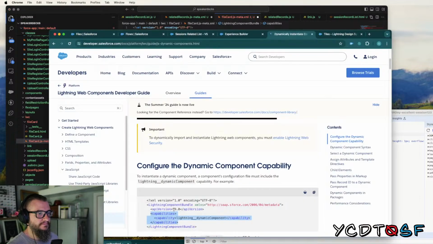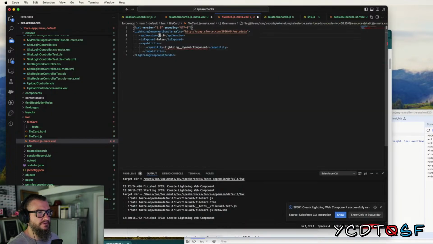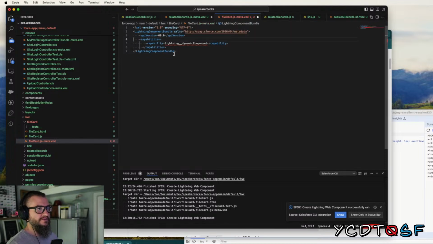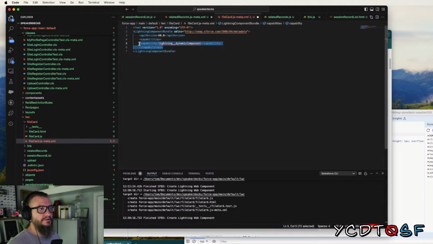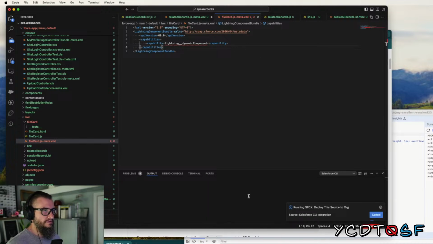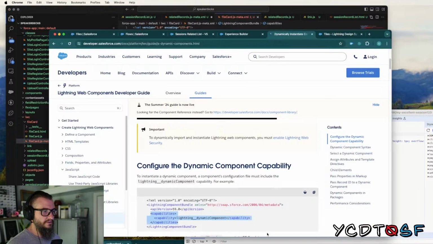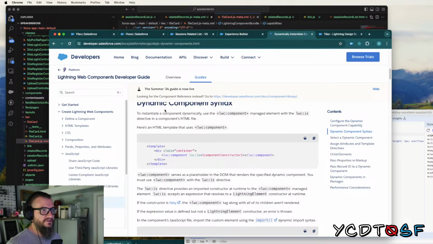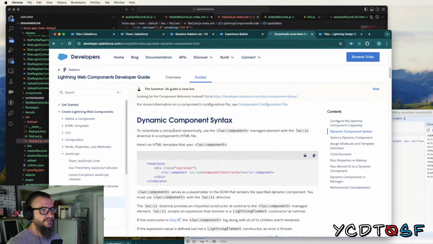I didn't say anything about it being exposed. So let's not. Make sure this saves. Okay. Once we do that, the syntax to instantiate component dynamically is